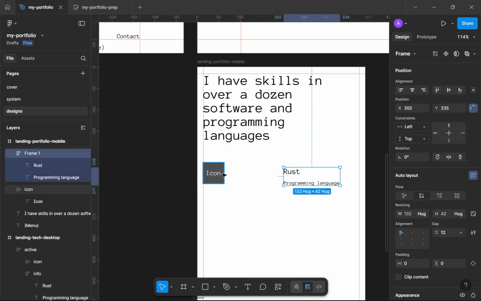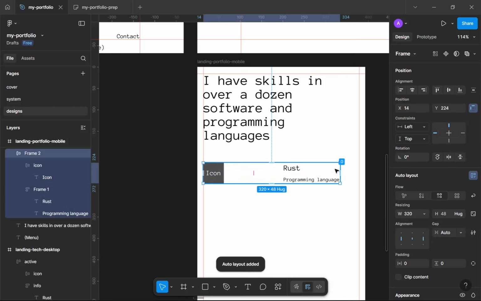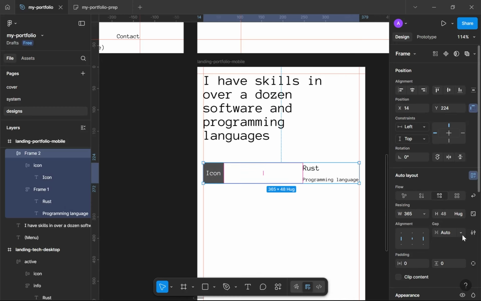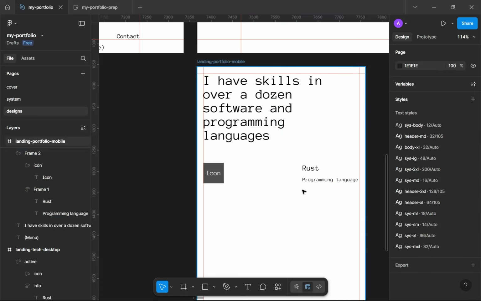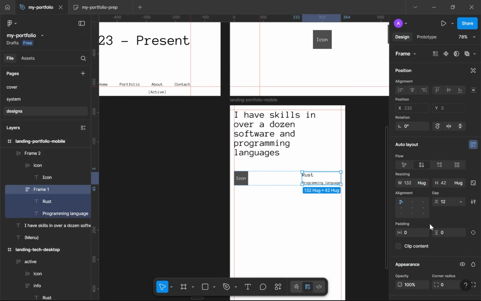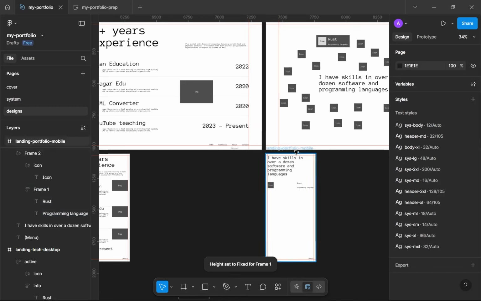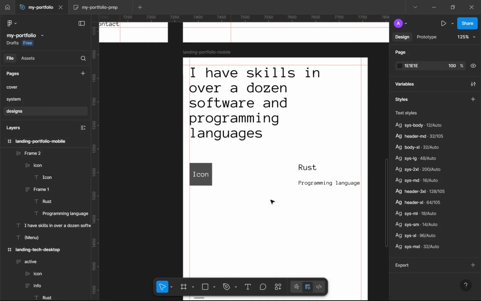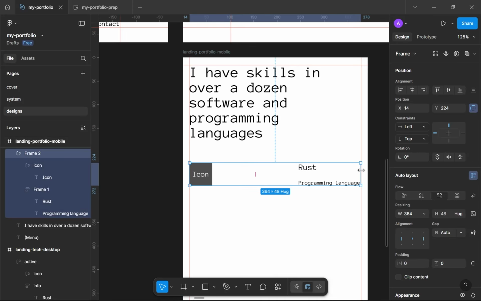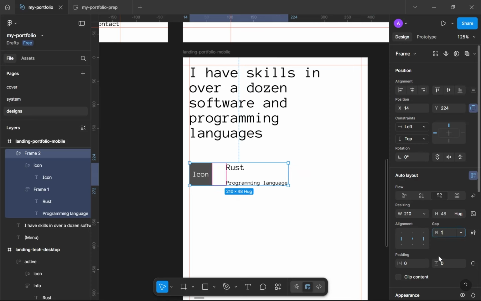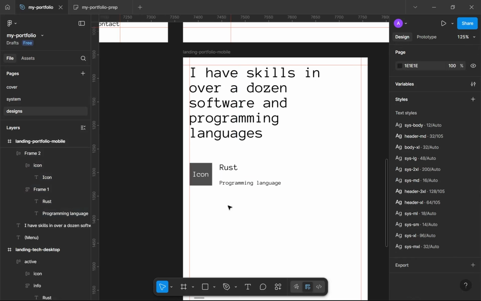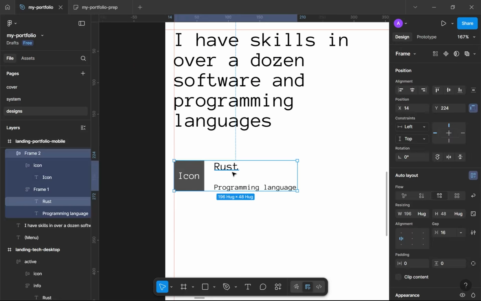And we want to group them, and it's auto, so that's why it adjusts here. You can see because it has auto spacing. This is one way where we could basically repeat the same idea that we did here. But I think there is too much space here that we can utilize. And I'm gonna go with around 16 pixels and hug content here. So now the space is better utilized, and